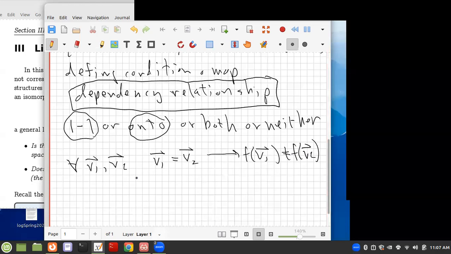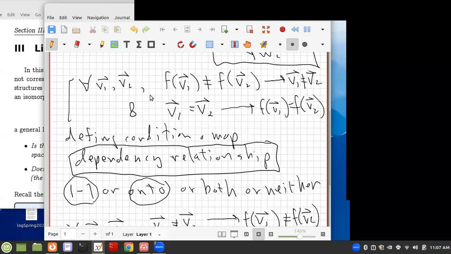And then no, it has to be the other way around. It has to be that if v1 is not equal to v2, if they're different, then these have to be different. Okay, now if you compare this with this one up here,